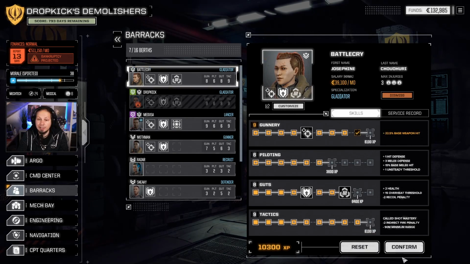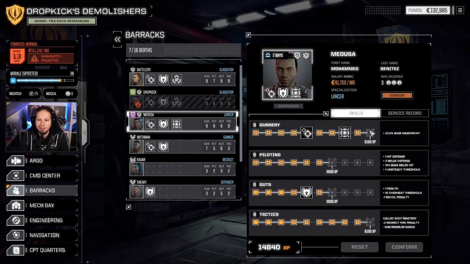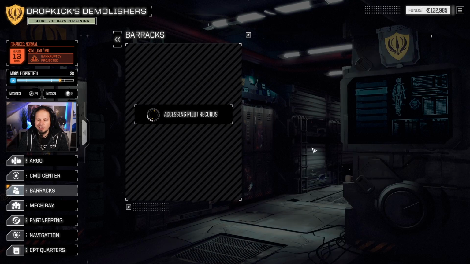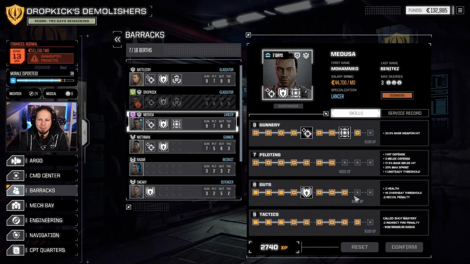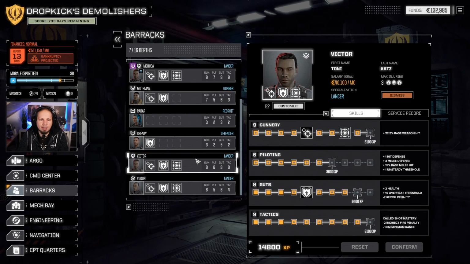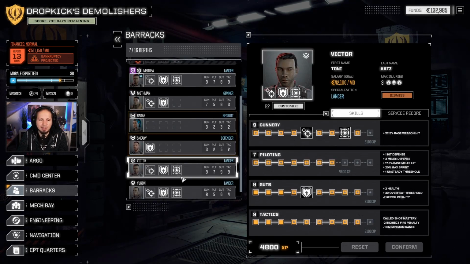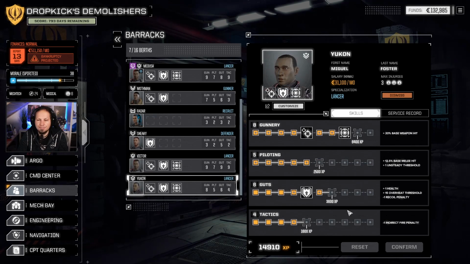Standing by. Finally, getting higher gunnery, getting the overheat threshold, and now we go for the good old piloting on Battlecry. Medusa. Nice. Yeah, we need that. And that. I'm gonna go to 9 on everything, because we can gain some nice perks out of the 9, and then the last one, the 10 there. Mothman, I don't care. Victor though, getting that overheat threshold, and then the piloting value, and then Yukon. Yeah, you also need to go into